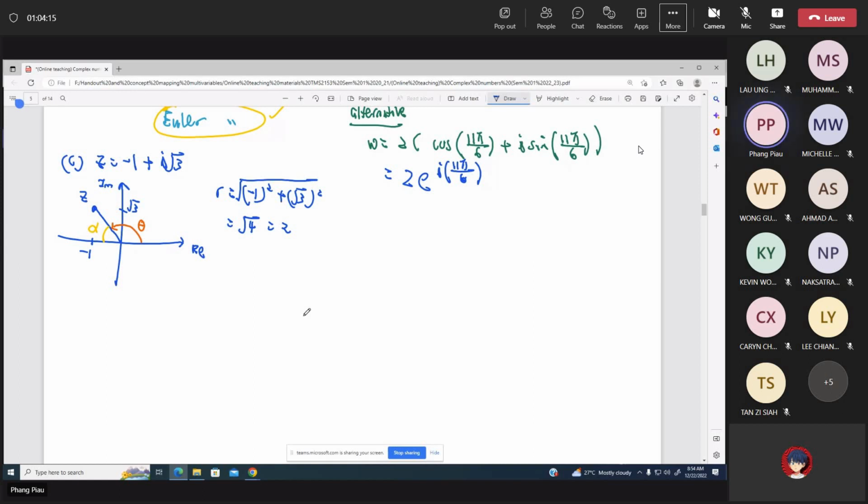Okay, then we have this R. After we have this R, we get this. Now we cannot get the theta directly. You get the alpha first, where your alpha is simply your inverse tangent y over x. Y over x. So your y here is this part, which is your